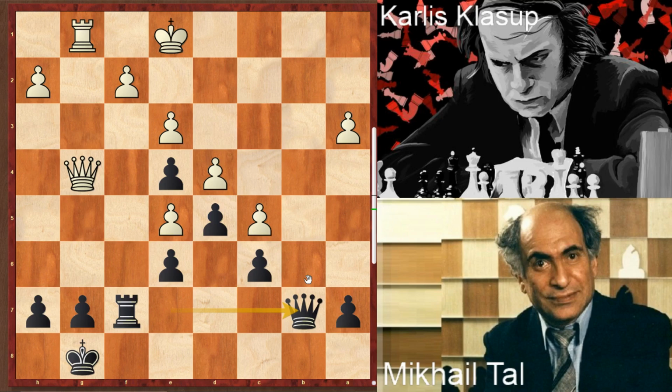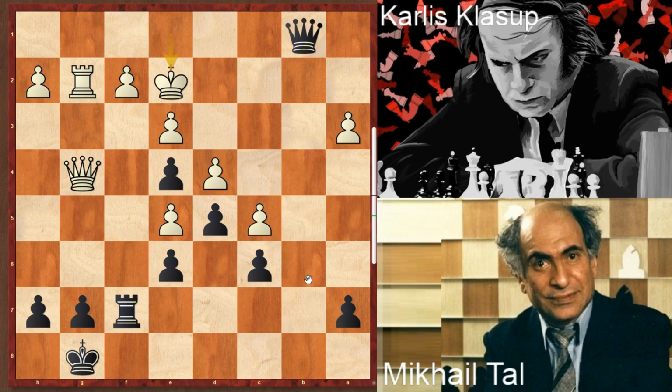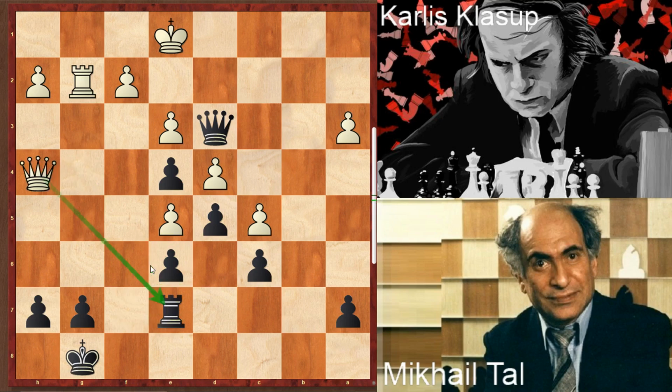The next move from Klasup is rook to g2, then Mikhail Tal gives check, king goes to e2, queen d3 check, queen to e1, rook to e7. The threat is next move to capture this free pawn and fork this rook, so he defends this. He plays h4. Again he has the threat to capture this rook, and Tal answers with queen to b1 check, king to e2, queen to b5 check, king to d1, and queen to f1 check,